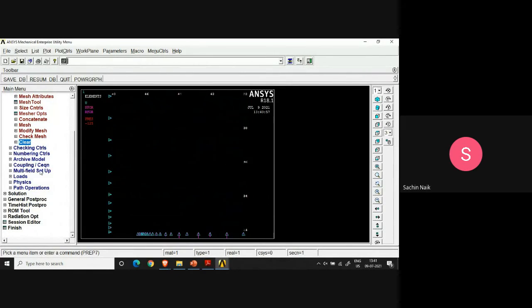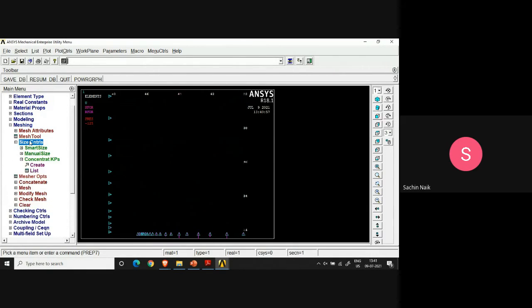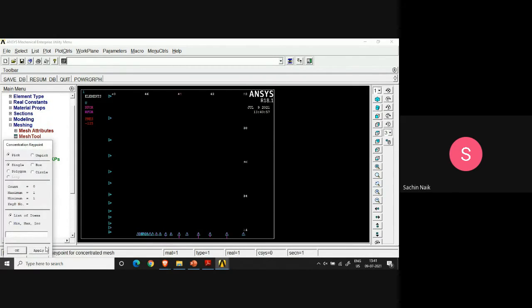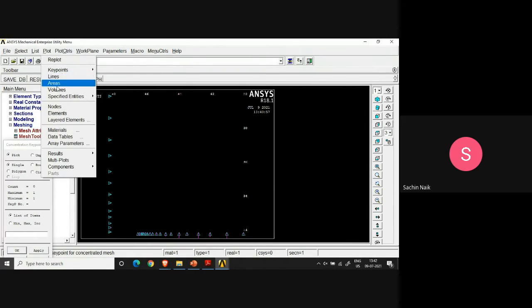So for creating the mesh, again I go to meshing. In meshing I go to size control, then concentration key points, and I say concentration key point create. In that, of course, plot key points.